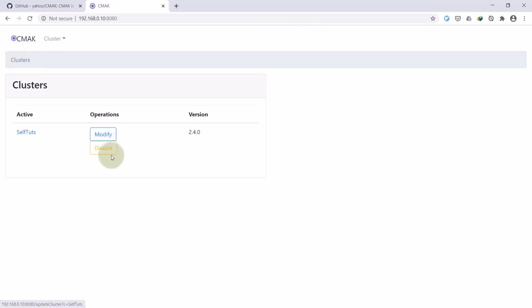Either you can modify it or you can disable it. This is the way you get a Kafka manager, the graphical user interface for your Kafka cluster. So you can see how easy it is to use. You will see the importance of this Kafka manager in later videos when we write the actual producer, send actual messages, and the consumer is consuming the actual messages. You can see all those listings there.